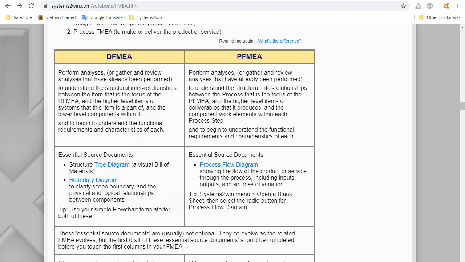So let's take a look at those essential source documents. I'm going to say 95% of our viewers are doing a PFMEA, and for PFMEA, process flow diagram is not optional. Let's start with a DFMEA where a boundary diagram is not optional.